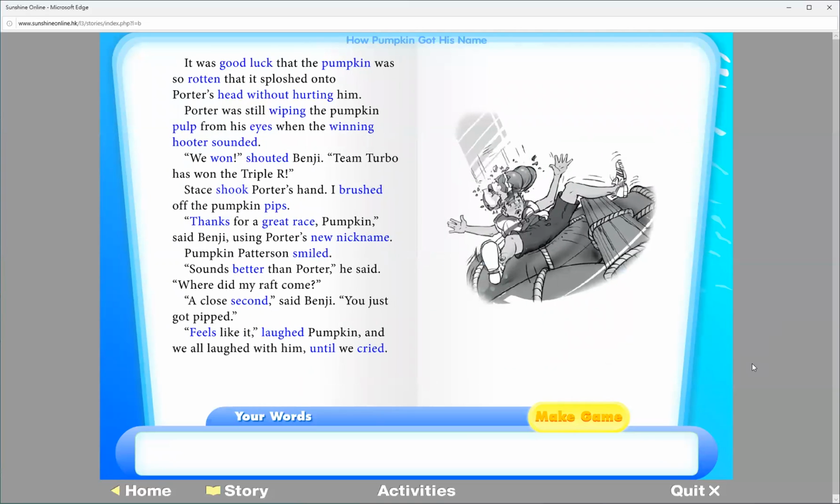Look at these sentences from How Pumpkin Got His Name. See all the blue words? Choose 5 of the blue words for your spelling words. Pumpkin, rotten, wiping, shook, brushed. Click on Make Game to